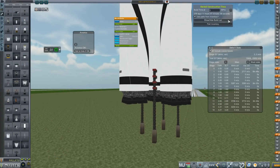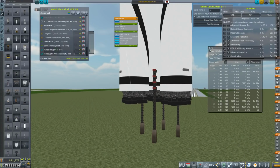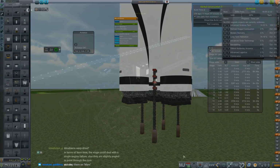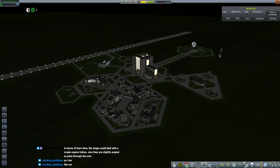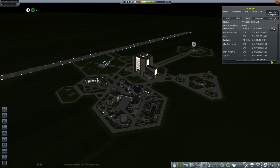Now, the engine I did unlock was the RS-68 series, which will likely be replacing some of the RS-25s we have currently in service on some of those vehicles. But I did want to just jump out to the main base station here. We're basically going to purchase a whole lot of upgrade points and dump them into R&D in the hopes that we can unlock the tech node for the RD-172s before our next Mars window and utilize this launcher to its